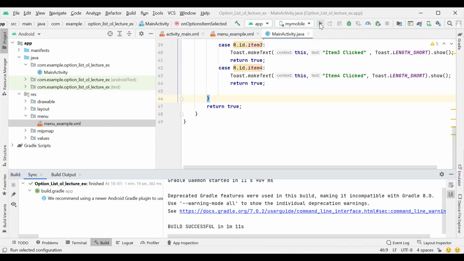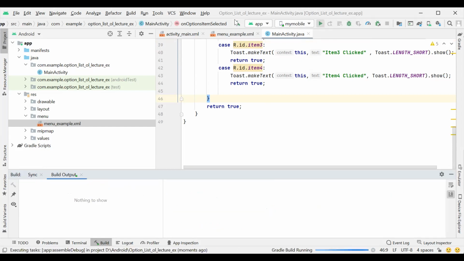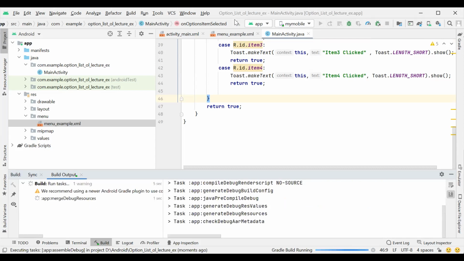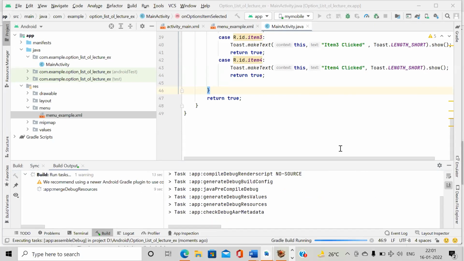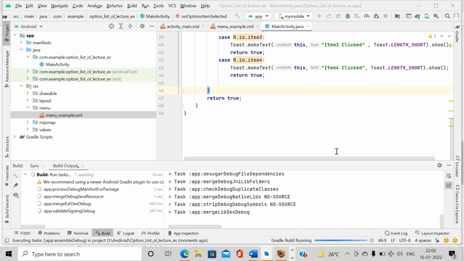Now we run the application and I share the screen for you. So it again builds the application.